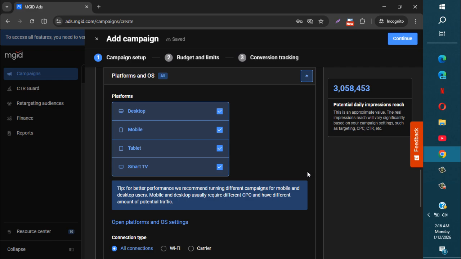So now we need to pick the platforms we want the ads to show. That is the devices, actually, not platforms. The devices we want the ads to display: either desktop, mobile, tablet, or smart TV. Whichever one we pick, it is advised to pick one device per campaign. One device per campaign, not all. This is because